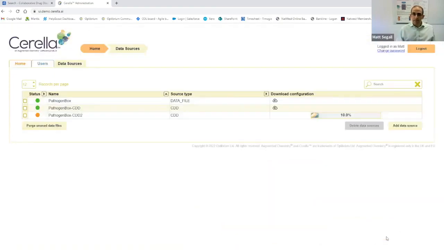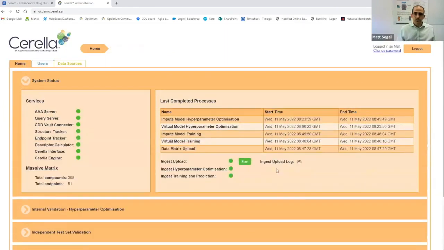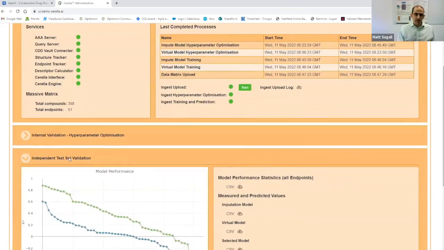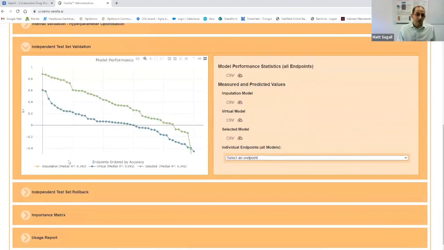And if I wanted to then build a model, all I need to do is go here to systems data and click start. It will ingest all that data, do the hyperparameter optimization, the training, the prediction, the testing against the independent test set. And then you can drill in here to see all those validation results that you might want